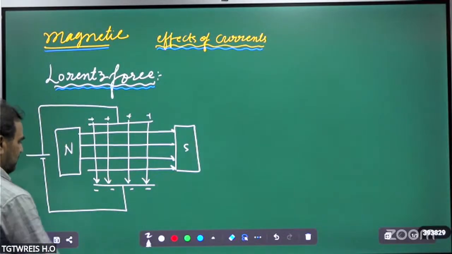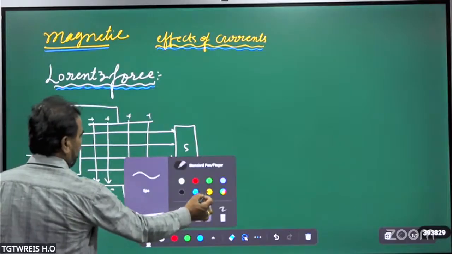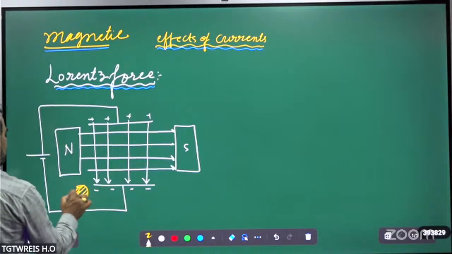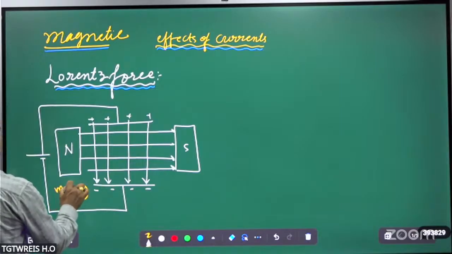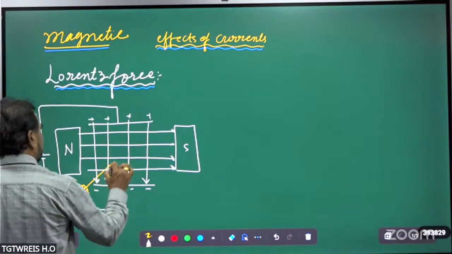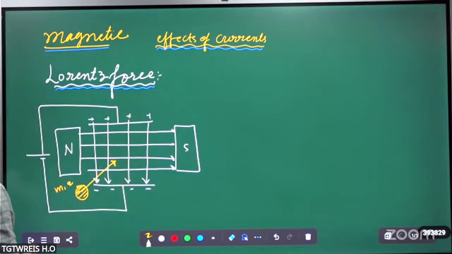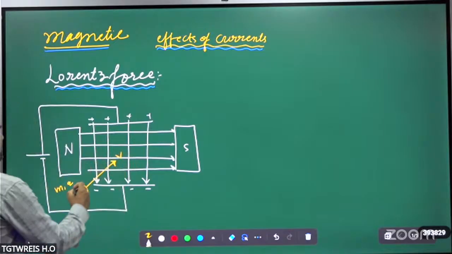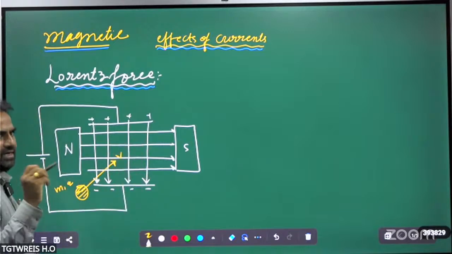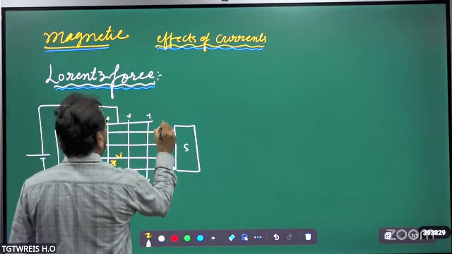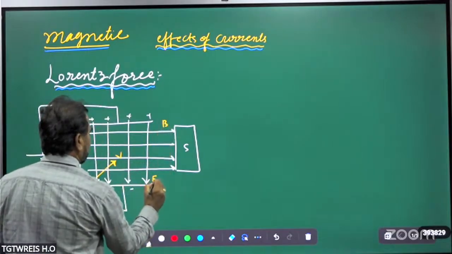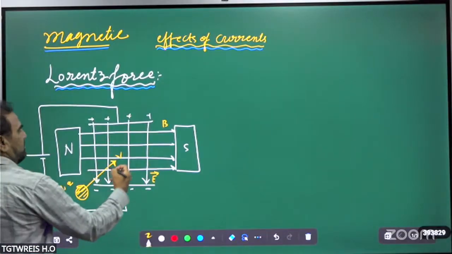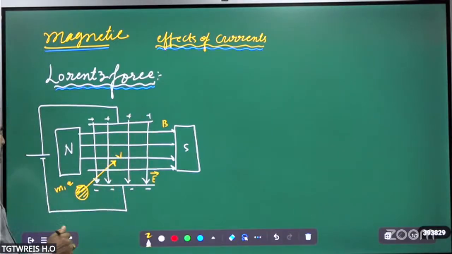Suppose consider a charged particle. This is a charged particle with mass m and charge q, which is projected between the two fields like this, with a velocity v. This is the magnetic field B and this is the electric field E. When the charged particle of charge q and mass m enters crossing the electric and magnetic field,